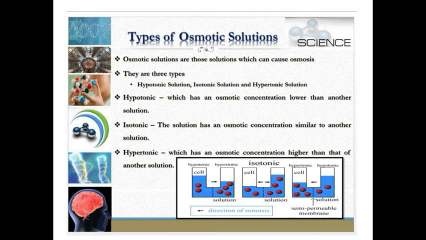The third one is hypertonic solution. What is happening in hypertonic solution? The concentration of water in the medium is very low, but the concentration of the cell is high. So there is a transport of water molecules from a higher concentration to a lower concentration. That is, here the cell has a higher concentration of water and the medium contains a low concentration of water.